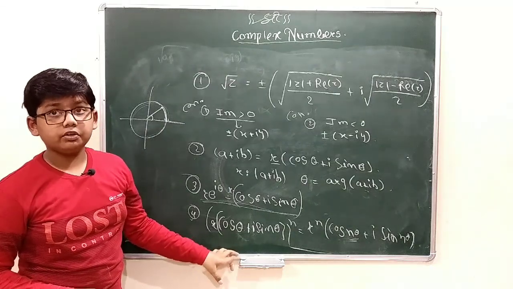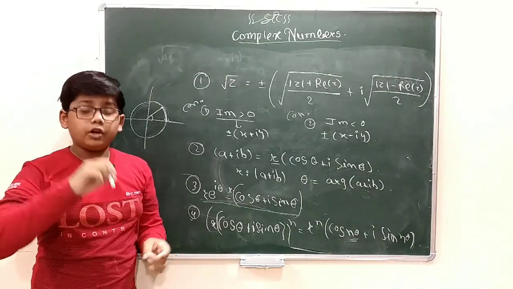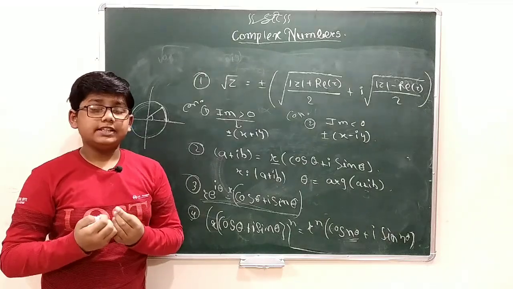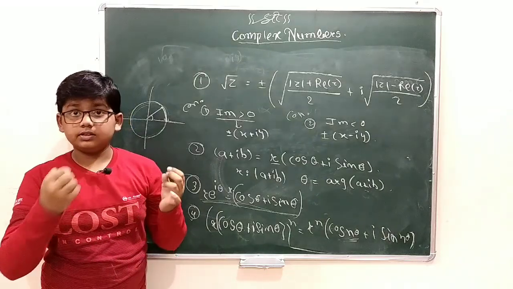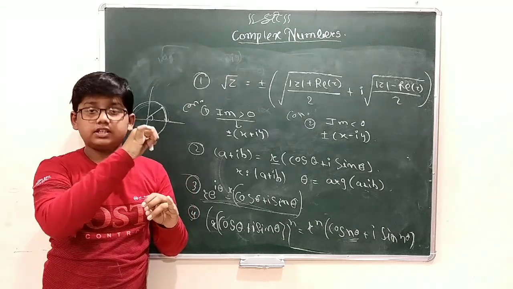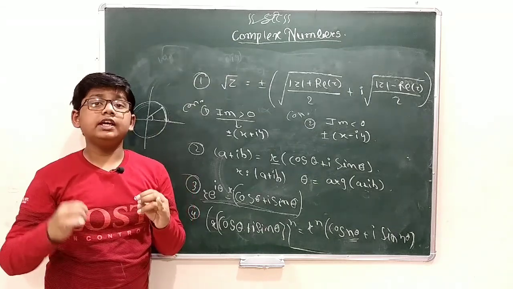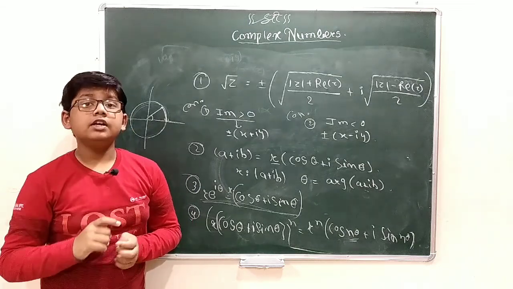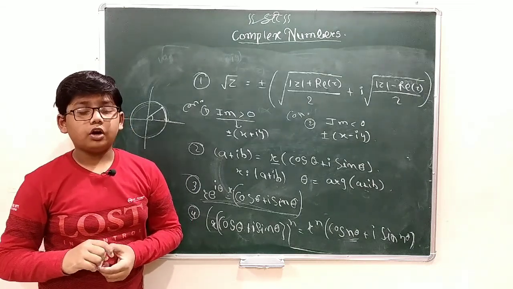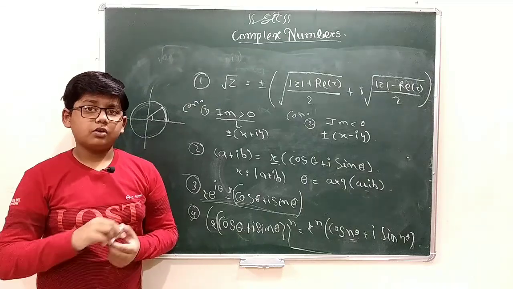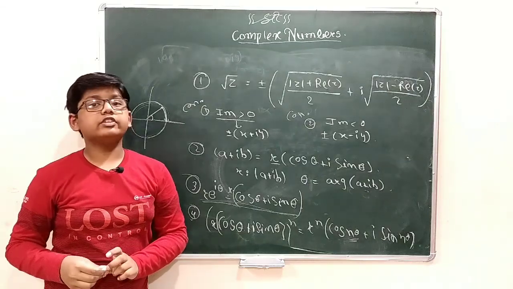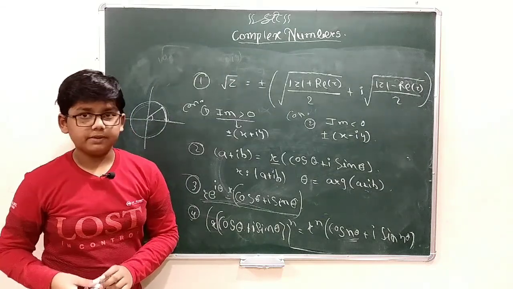In our next video, we are going to learn about plotting a complex number on different types of shapes, that is, whether the complex number is lying on a line or on a circle. Also we are going to learn about the complex cube root, that is the complex cube root of unity, also known as the cube root of unity for complex numbers.